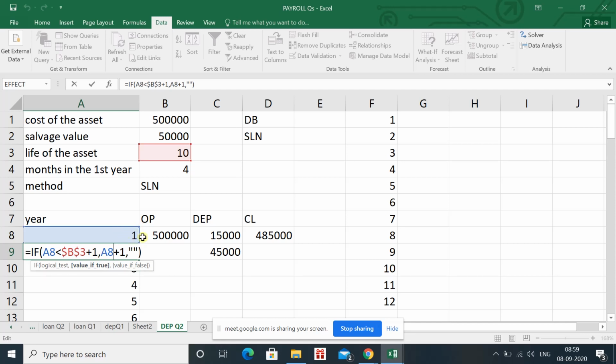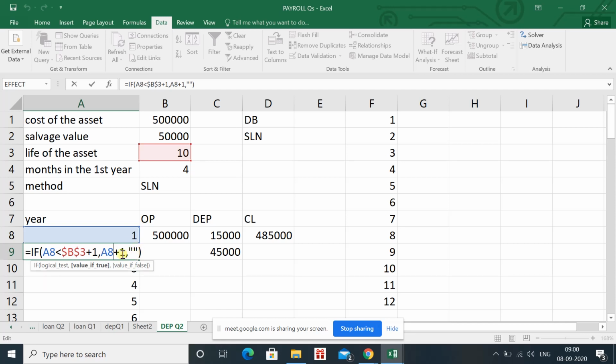The value in the previous cell is 1, and 1 plus 1 gives 2. But if this condition is not satisfied, meaning the value in the previous cell is not less than the life of the asset plus 1, then do not add 1, just give blank.